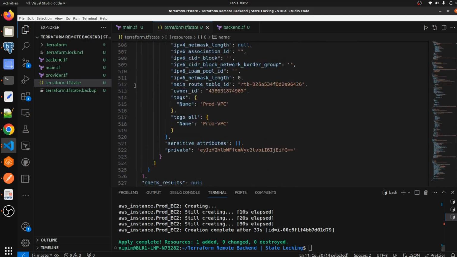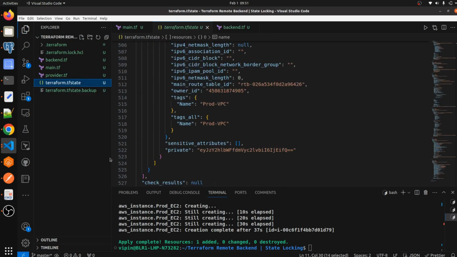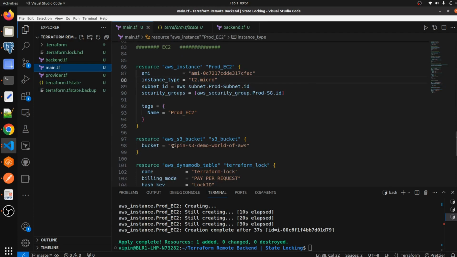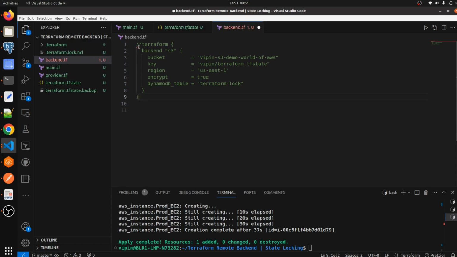Okay, and it has all the information that the Terraform script created. So till now we have not set up any remote backend. We just have the Terraform state file locally. Okay, so we want to push this Terraform state file to this bucket, the bipin-s3-demo-world-of-aws bucket. So how can we do it? We have the remote backend script here as well, so we have to uncomment it